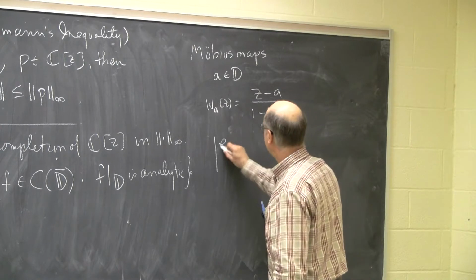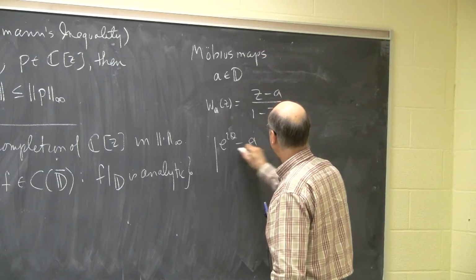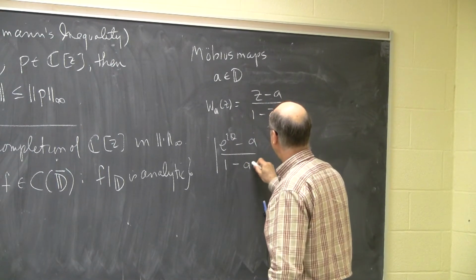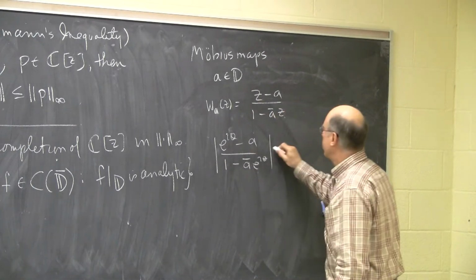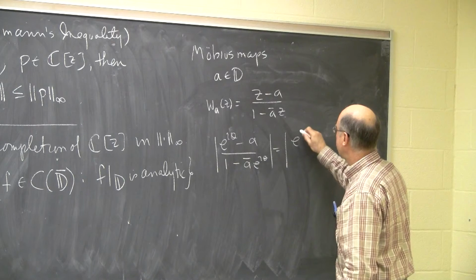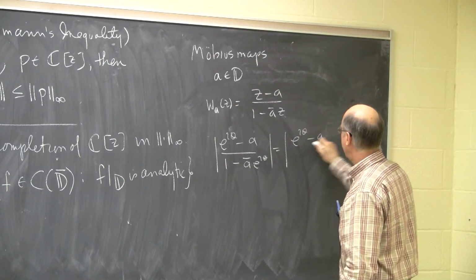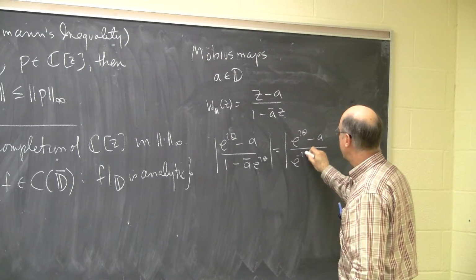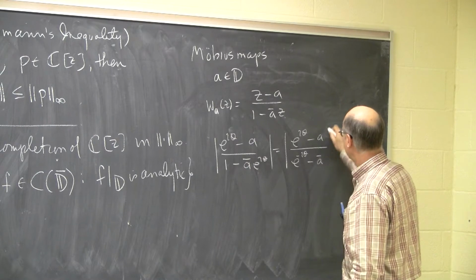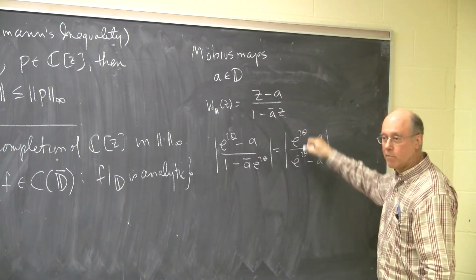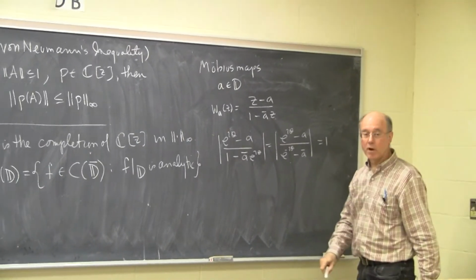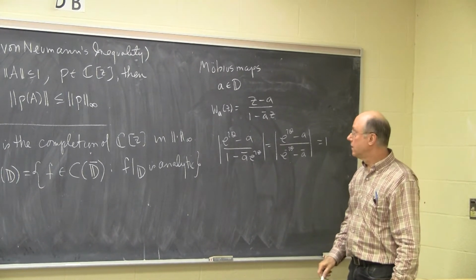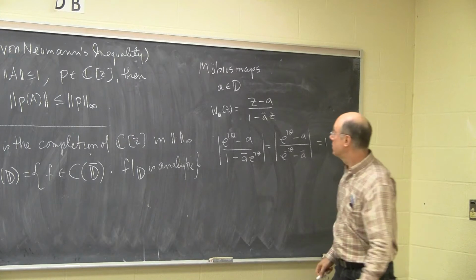So if I take e to the i theta minus a over 1 minus a bar e to the i theta, then that's equal to e to the i theta minus a over e to the minus i theta minus a bar. That's a complex number over its complex conjugate. So this has modulus 1. So it takes the circle to the circle,